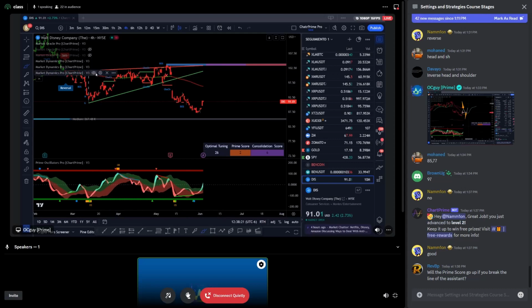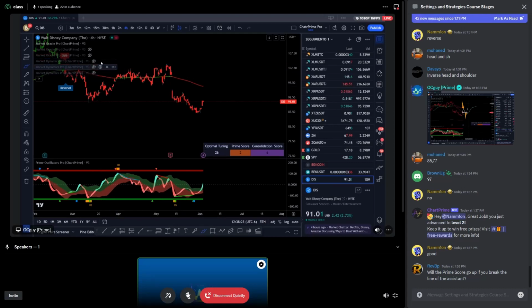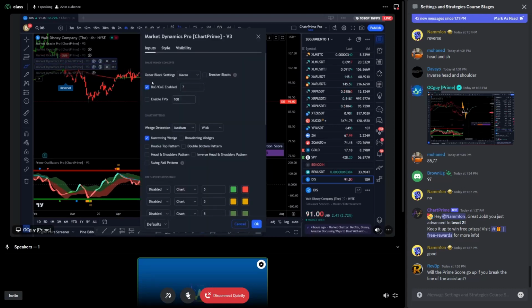And let's turn every one of those off. I'm gonna start configuring the first one. I want to see my order blocks at not micro but big. That's the one I liked. I'm gonna keep my breaker blocks off. Why? Because I understand that if I go past them, they will become breaker blocks, and I just don't need them labeled. I just like to see the colors. It's a little bit more cheerful for me.